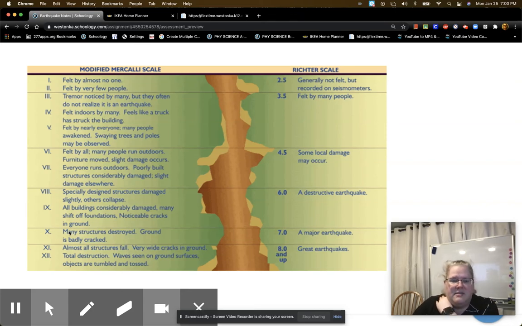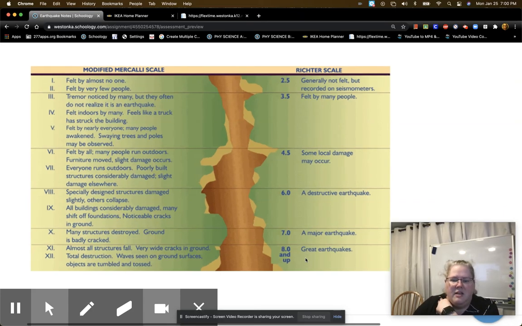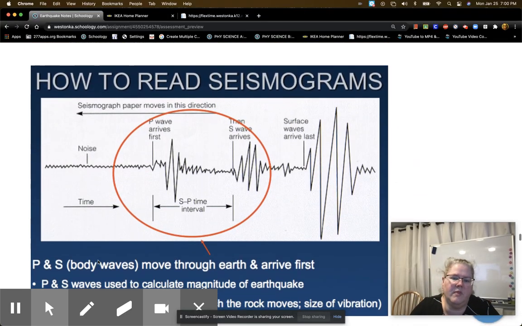A major quake is a 7, is a 10 here, and 8 and up, really big earthquakes, are broken into 11 and 12. Again, not going to make you memorize that, but you do need to be able to read it. All right,